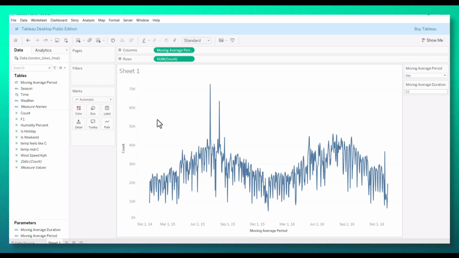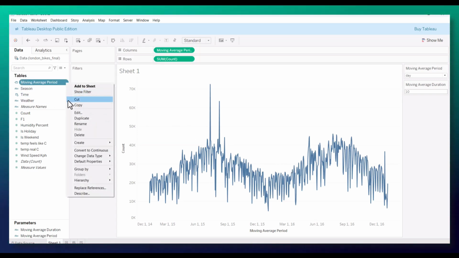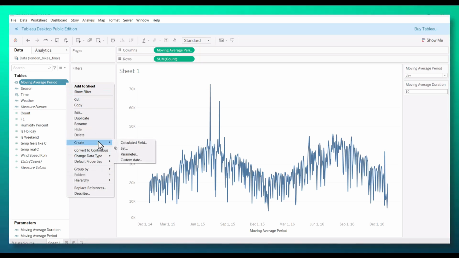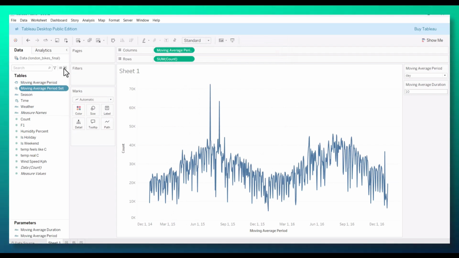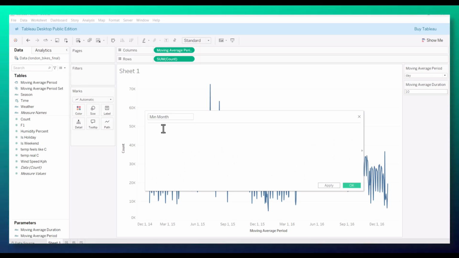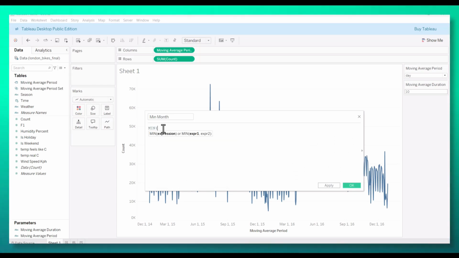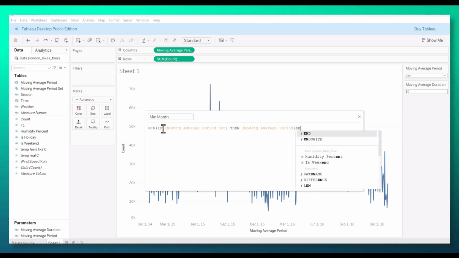The next thing we have to do is create a moving average period set. So I will click on this drop down, click on create, and click on set, and I'll hit OK. And now we have to create two other calculated fields. The first one is going to be the min month, and I will write it like this: app moving average period set, and then moving average period, and then end,